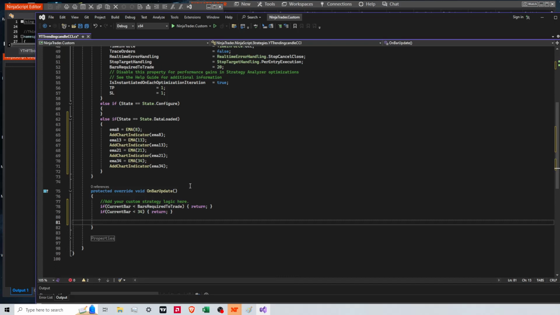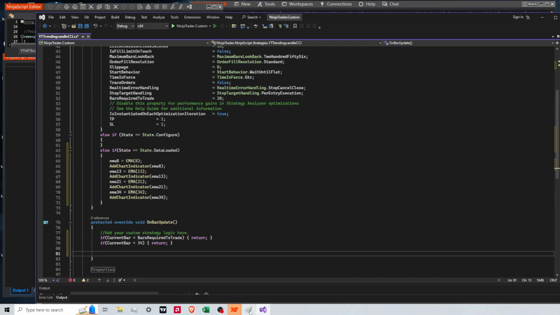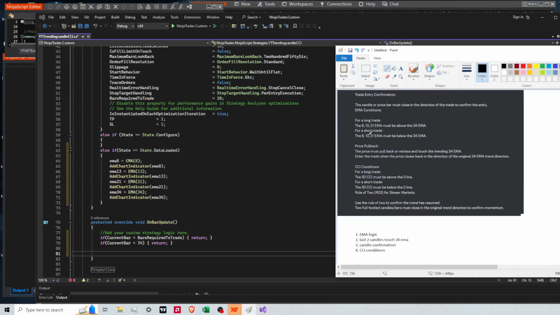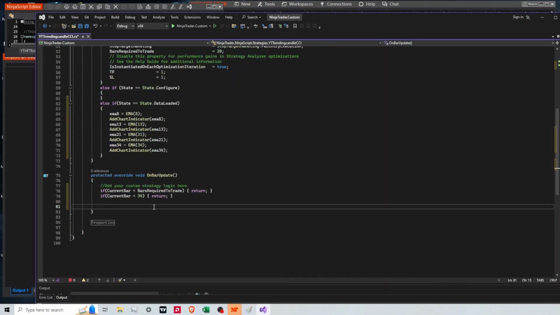Now we want to get the EMA logic. So to do that, we have these 3 must be greater than the 34. So we'll just do if EMA 8 is greater than EMA 34 and EMA 13 is greater than EMA 34 and